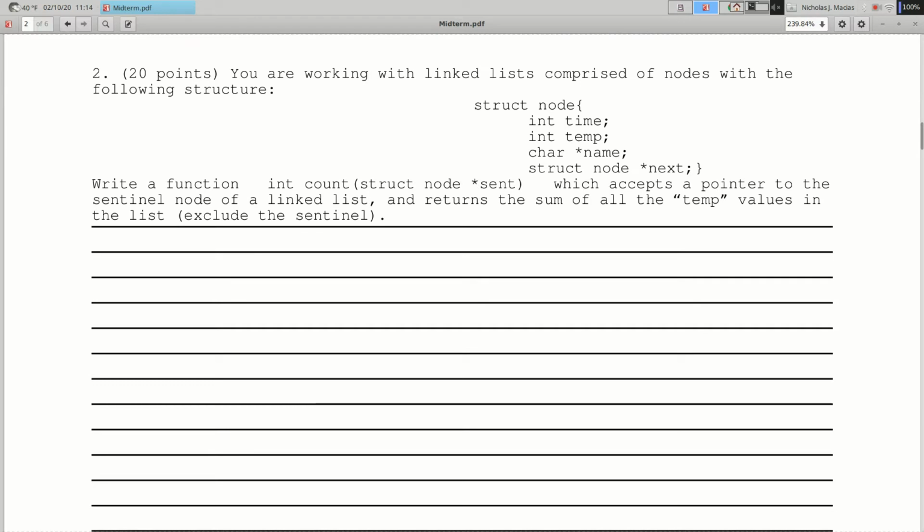All right, question 2. I was looking for a function that would go through this linked list with the funny looking nodes and return the sum of all the temp fields, excluding the sentinel. And so this is going to include snippets of code you're going to write again and again and again anytime that you deal with lists.